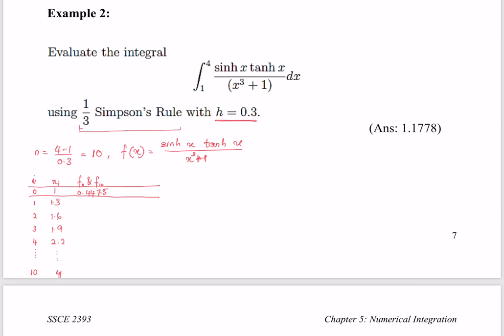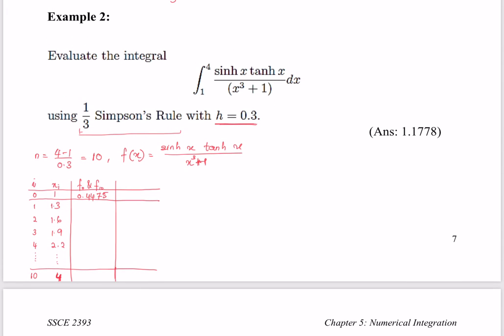For this column we want f0 and f10, and then we calculate the last value, f10. Again, you substitute x equal to 4, meaning sin 4 tanh 4 divided by 4 cubed plus 1, and what we get is